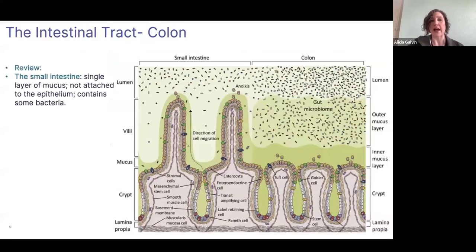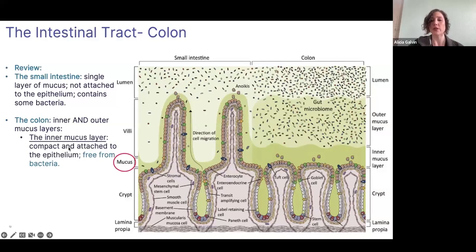And so when we look at the colon, here we have that mucus. In the colon, we have that inner and outer layer, versus the small intestine, which has a much, much thinner layer that's not attached to the epithelium, and it does have some bacteria in it. But with the colon, you actually have a layer of mucus, this inner layer, that is completely free from bacteria. And it is the only part, basically, that we know of to date of your entire body that does not